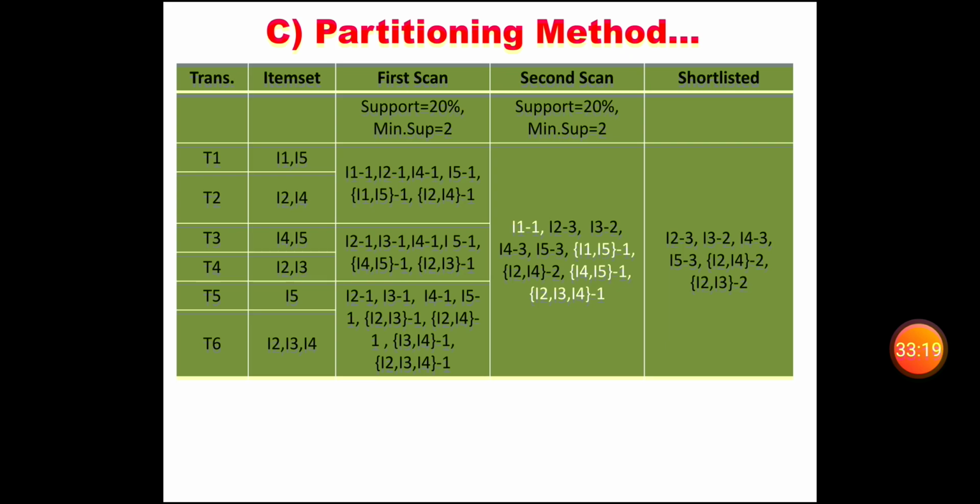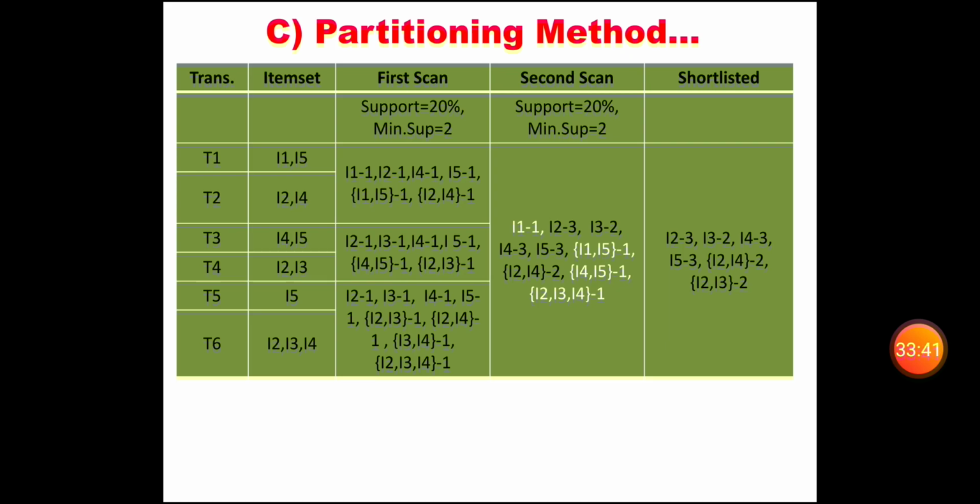Here we will see how this table is converted into another form. In this table we have transaction ID, item set, first scan, second scan and shortlisted. In the transaction ID column we have taken all the transaction IDs from T1, T2, T3, T4, T5 and T6.